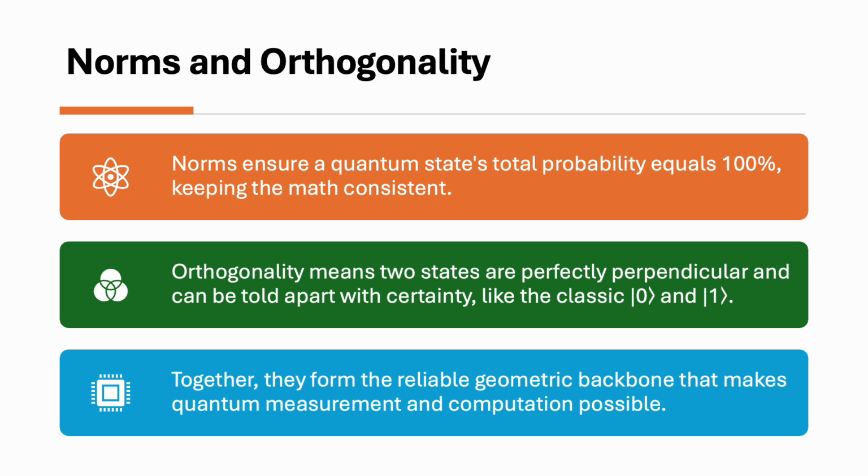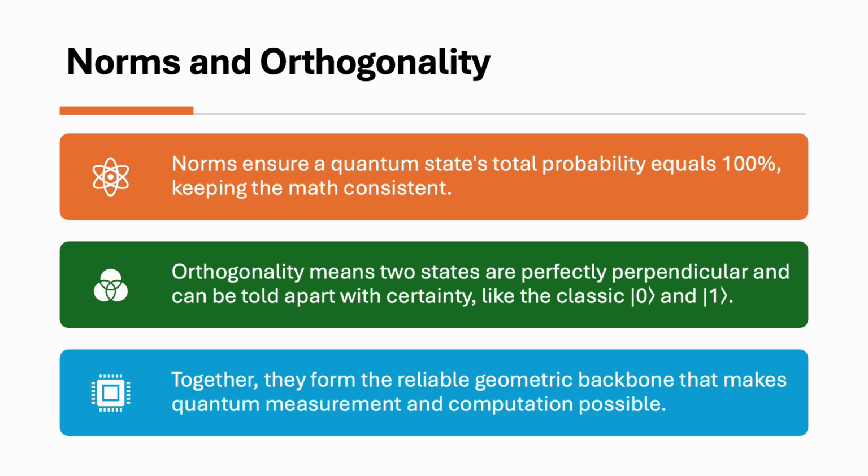In quantum computing, the norm of a vector represents its length or magnitude, and there is a critical rule that quantum state vectors must always have a norm of exactly 1, which is called normalization. Think of our streaming service where each user's preference vector has a certain strength measured by its norm. If user A's vector is 4, 2, 5, 1, 3, the norm is the square root of: 4 squared is 16, 2 squared is 4, 5 squared is 25, 1 squared is 1, and 3 squared is 9. When we add all of that, it equals